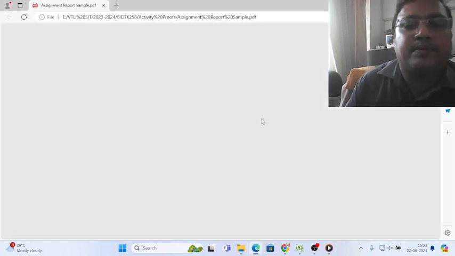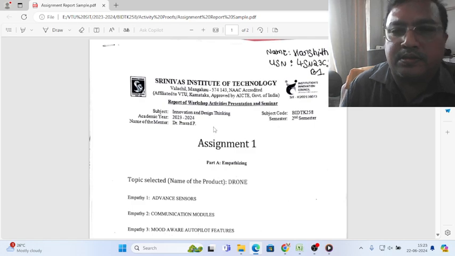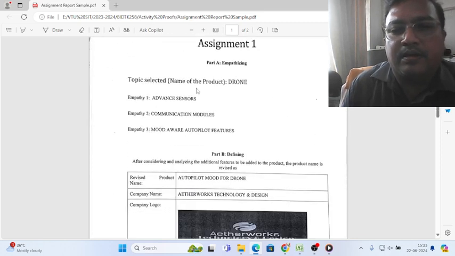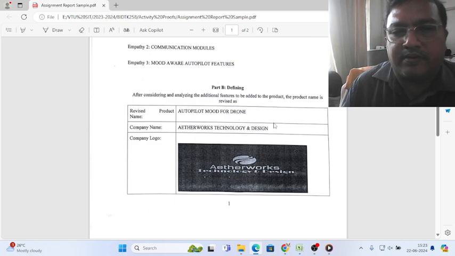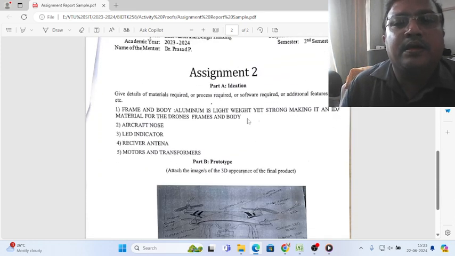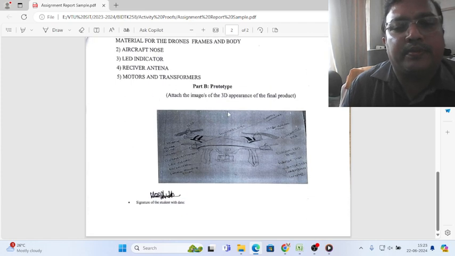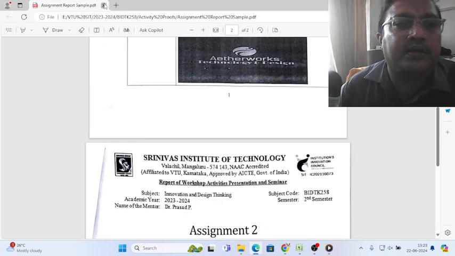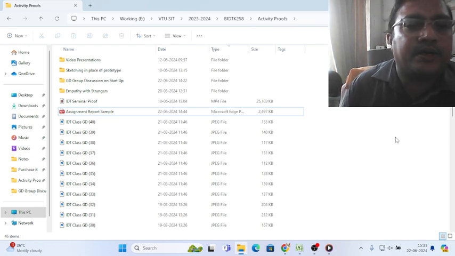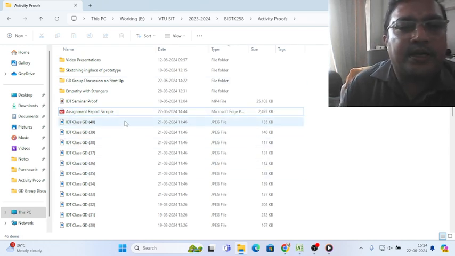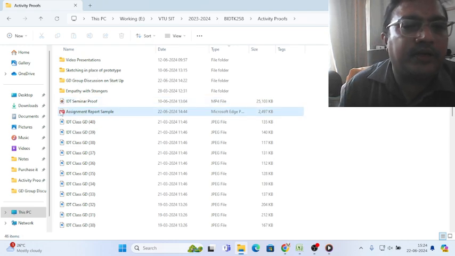This report also I am collecting in printed form. Okay, you can see their product name, their company name, and what company they formed, to make sure they have understood the startup company concept: the ideation part, the prototype part, and the testing part, which is the video. In a very simple form, not in detail, because detailed discussion has already happened, and I need only proof that they are completed. So that is about the activity done in the design thinking workshop.